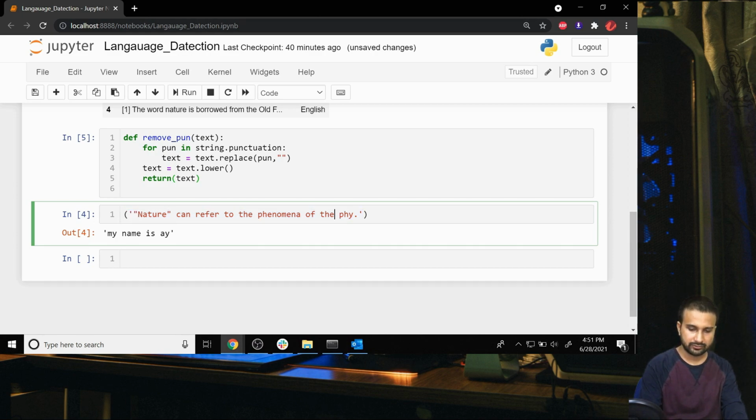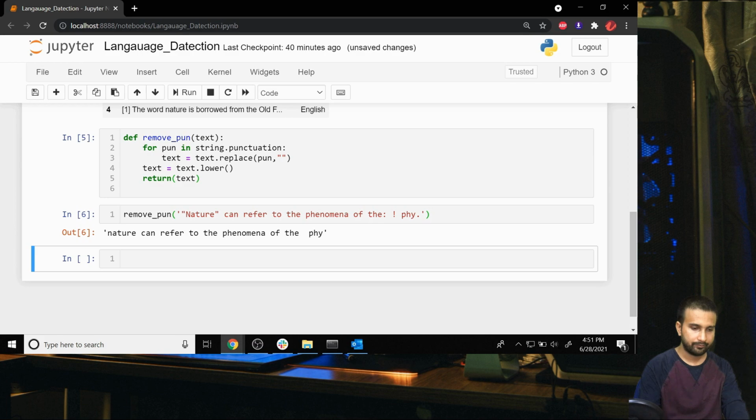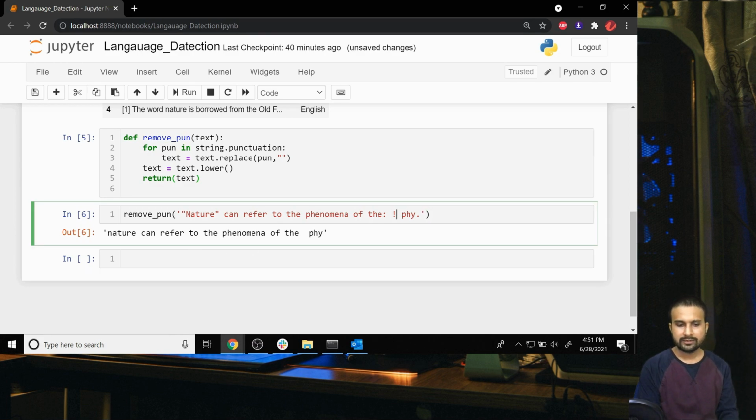Let's put some other punctuation also, like a colon and then this. Now we will apply this function remove_pun. Wow, so as you can see, the exclamation mark, colon, everything is gone